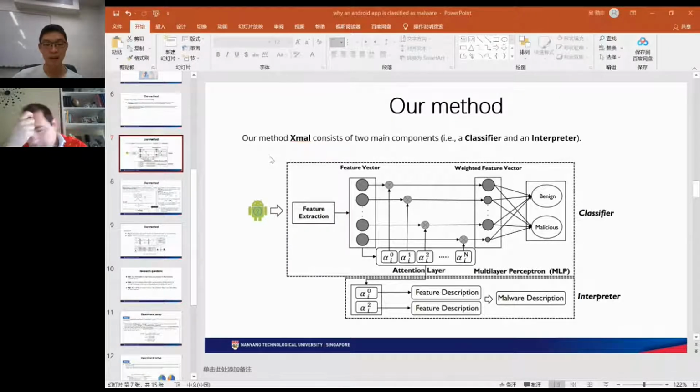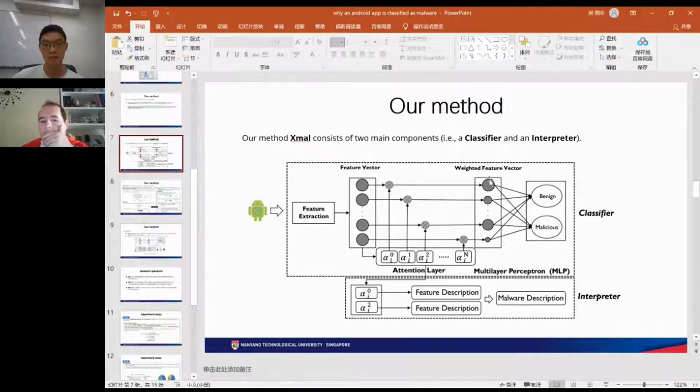The classifier can pinpoint the key features that are most related to the classification result, and we will get the weight of the features by the attention layer, and then multiply the weight of the features by the value of the feature,